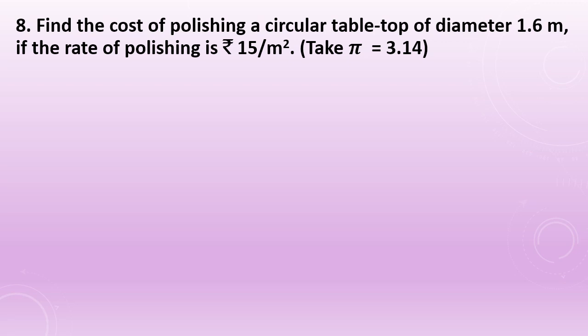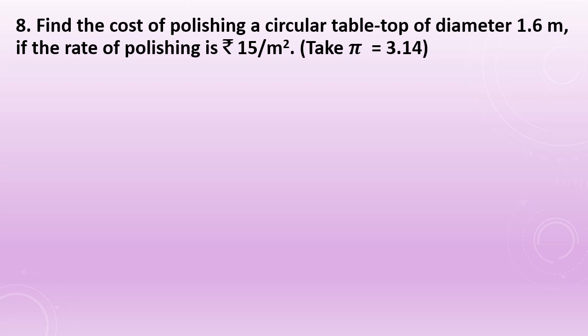Here the question is to find the cost of polishing a circular table. We are doing the polishing on the surface of the table only. So whatever we are doing on the surface, that means we have to find the area only. And when whatever we are doing is on the border of the figure or border of a tabletop, then in that case we have to find the perimeter. So it is understood here we have to find the area of the tabletop only.